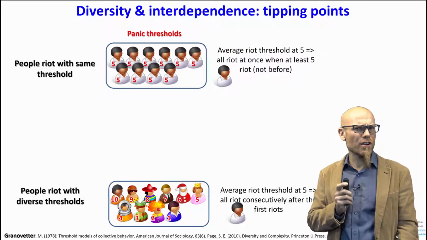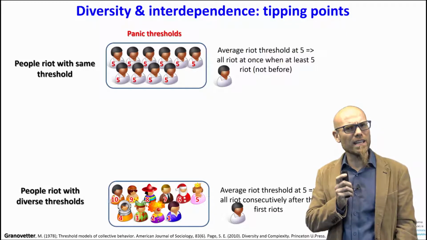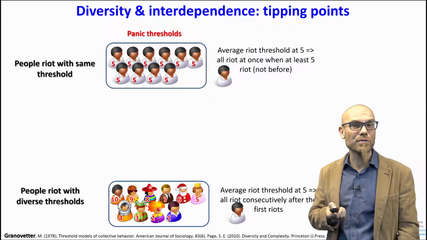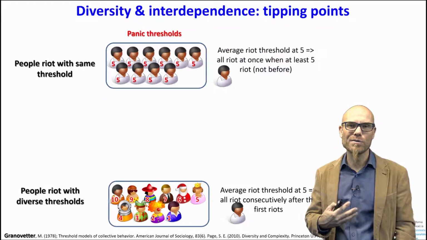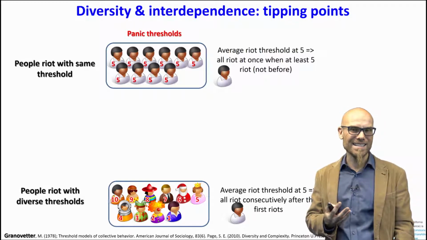So their behavior is very different. If I had taken averages, I could not have distinguished the first case from the last one. I could not have explained why in the one, people continuously start to riot, and in the other one, nothing happens and then suddenly something big happens. So just working with the average doesn't actually work.